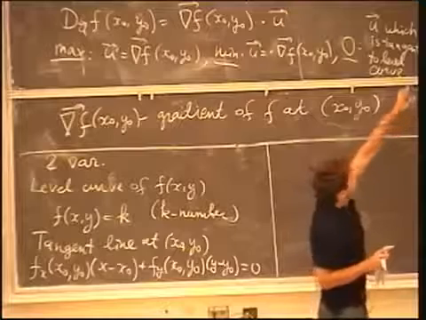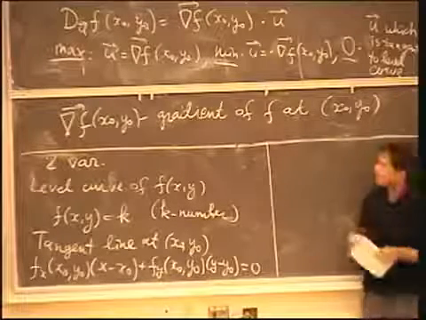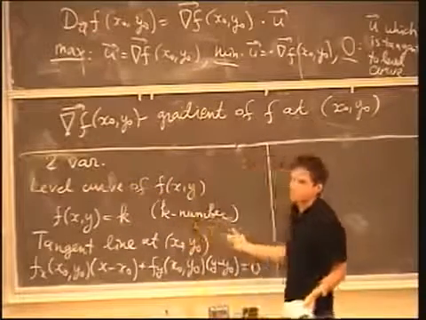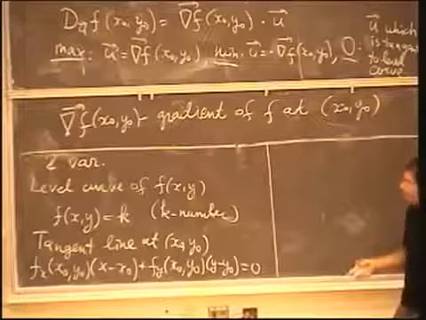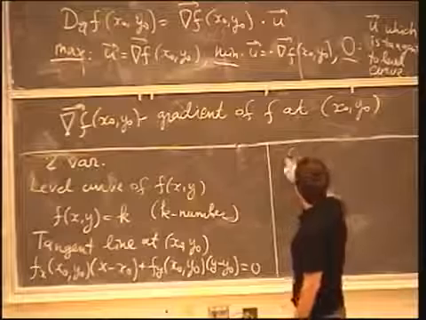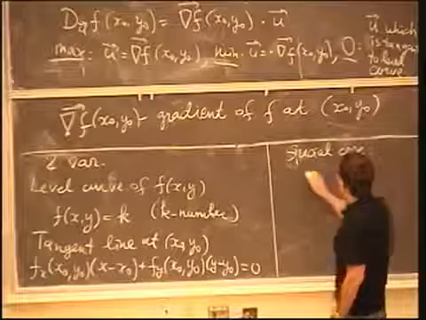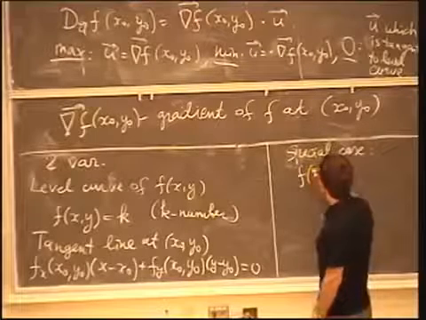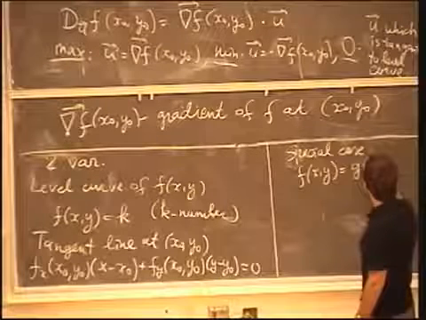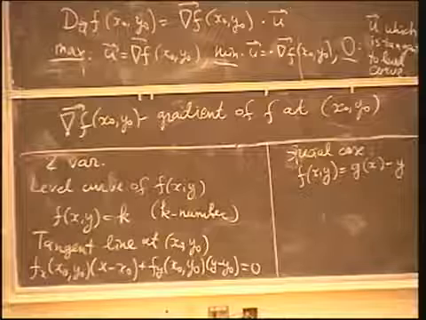In other words, this is a case of 3 variables, and this is a special case of that, right? Now, what's the analogous special case for functions in 2 variables? That's the case when this function of 2 variables, special case, when this f of x, y is some function in 1 variable, let's call it g of x, minus y. And so you see, in this case,